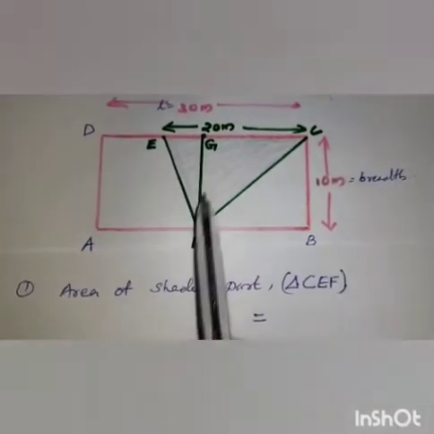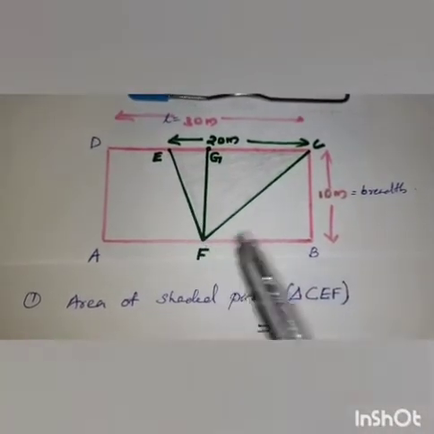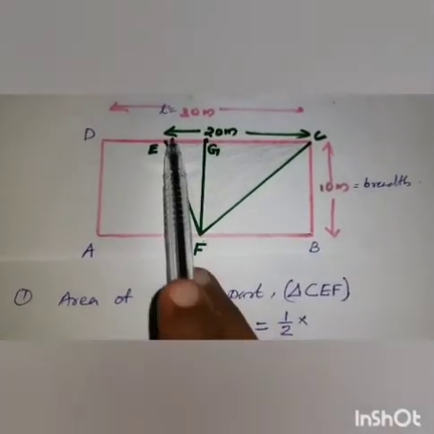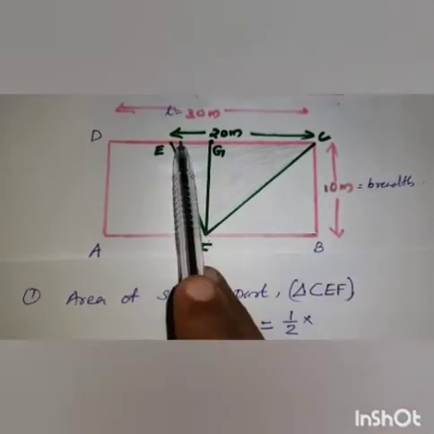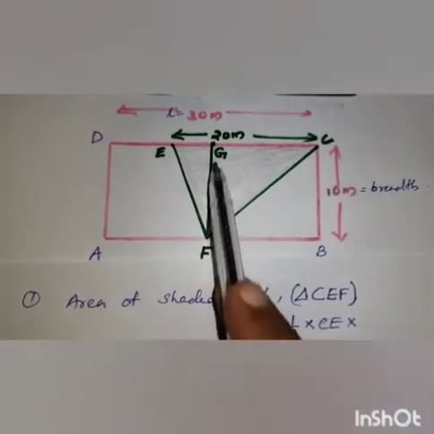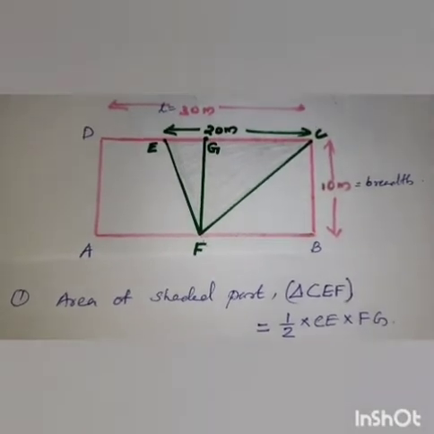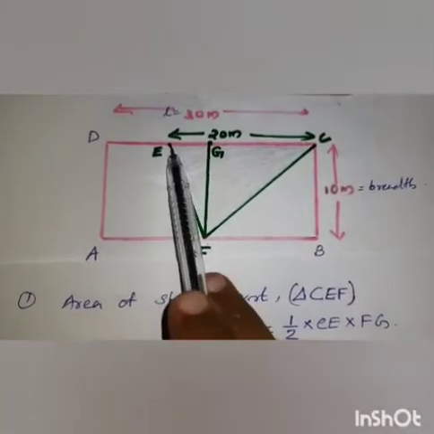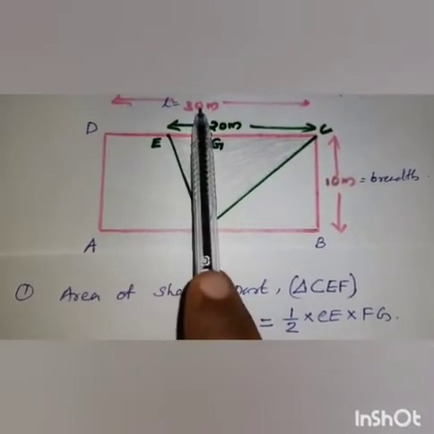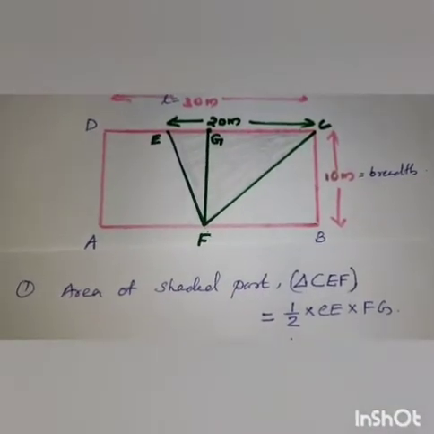So first question, area of the shaded portion, that is triangle CEF. So what is the area of a triangle? Half into the base length. What is that? CE. Into perpendicular length FG. So half into, what is CE? CE is given in the question already, that is 20 meters. Total length of the rectangle is 20 meter and the shaded portion, the length is 20 meter. So CE is 20